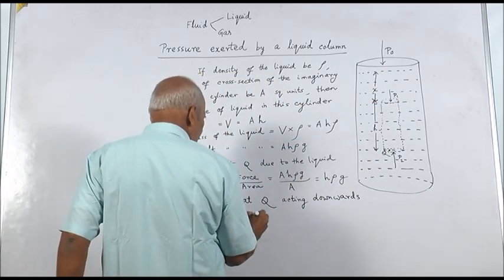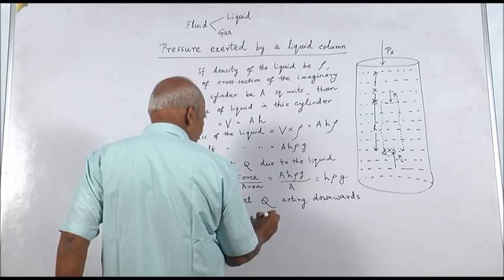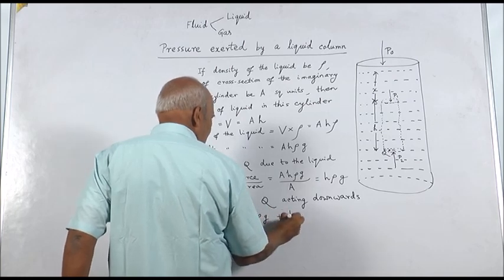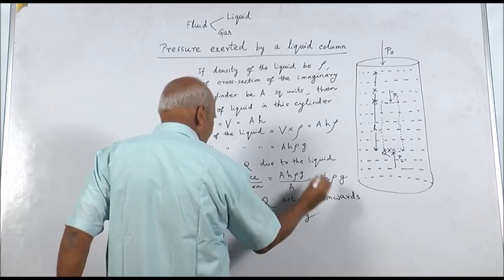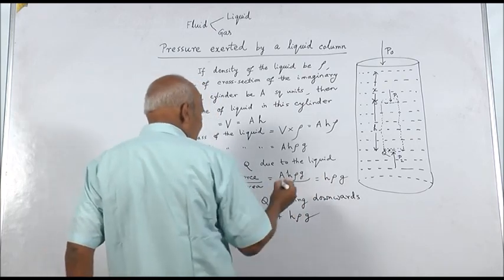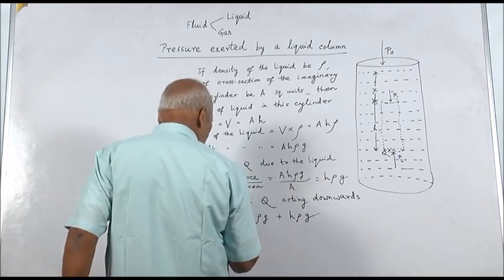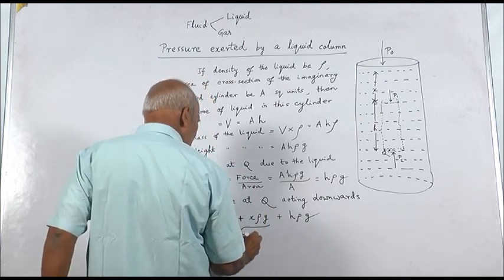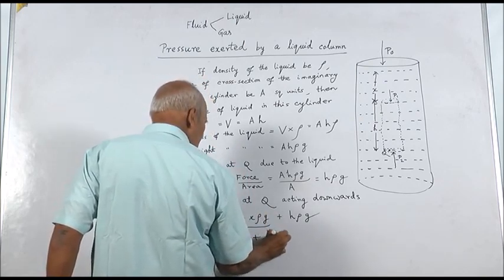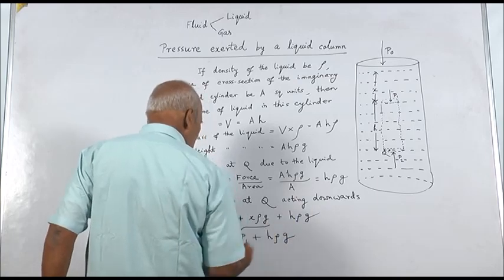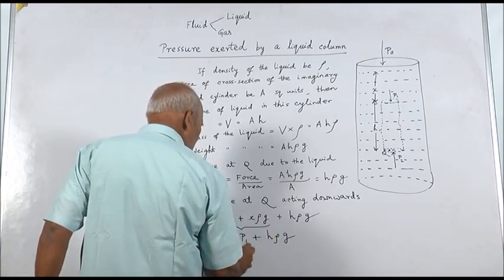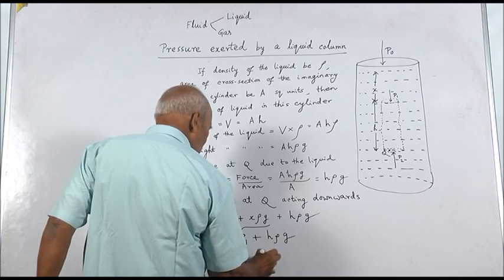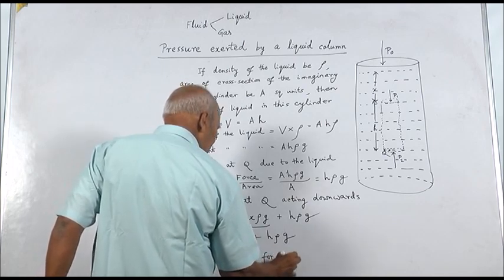So, it will be x rho g, then H rho g. That means this quantity is your P1 plus H rho g, and that is also equal to P2 for equilibrium,